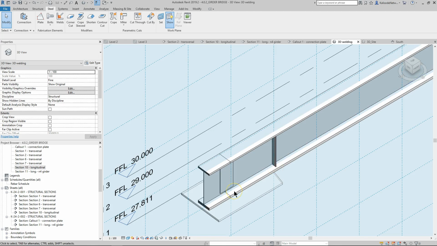And in the next video we will see how to weld different elements and how to tag different elements. See you in the next